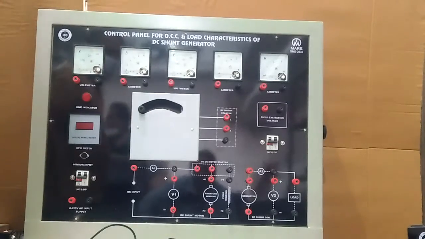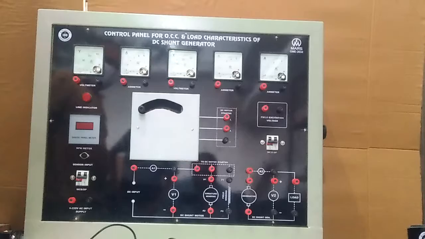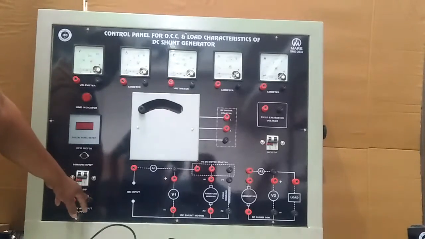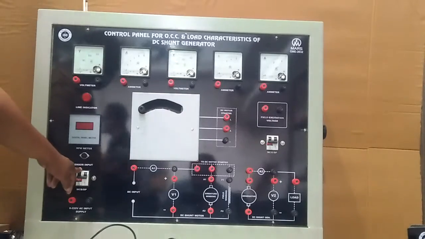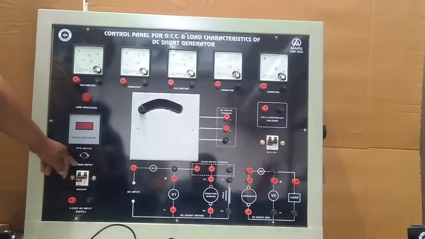Mass make control panel for open circuit and load characteristics of DC shunt generator. First of all, I will explain the front panel. Here is the input supply terminal, 220 volt AC, then MCB to switch on the supply of the panel, then